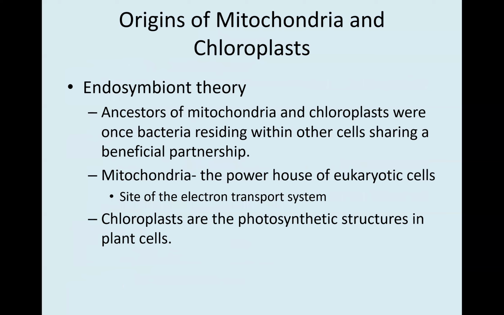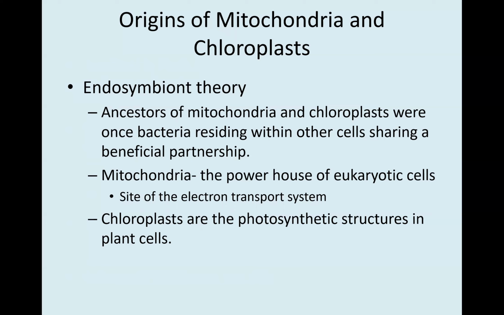All right, we're going to give a little bit of background, and talk about the origin of mitochondria and chloroplasts for just a hot minute. So this is what we know as the endosymbiotic theory. And the idea is that ancestors of mitochondria and chloroplasts were once bacteria. So mitochondria and chloroplasts are found in eukaryotic cells. But they were believed at one point to be bacteria that were residing in other cells, and